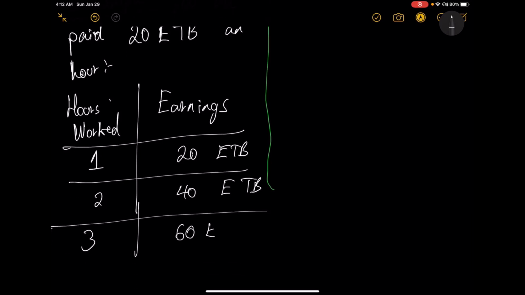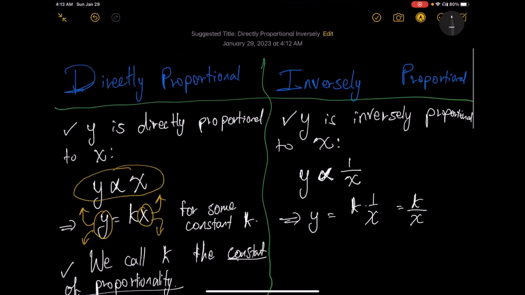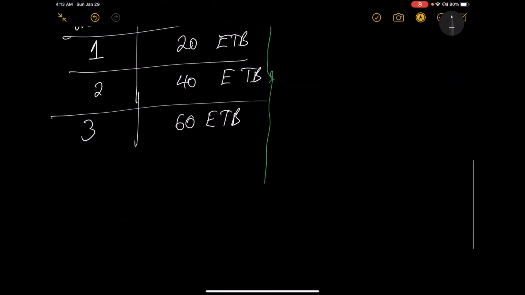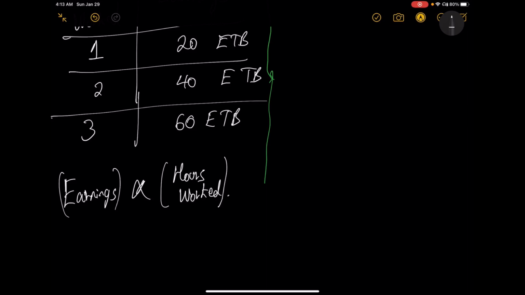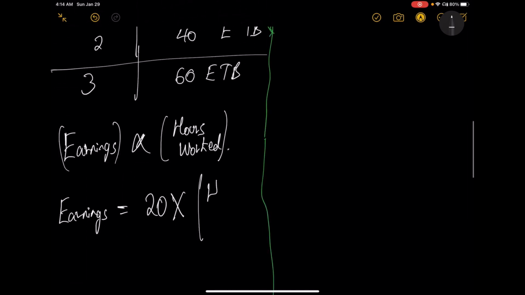60 ብር ታገኛላችሁ። የምትሰሩት ሰዓት እየጨመረ በመጣ ቁጥር የምታገኙት ገንዘብ በዛው ልክ እየጨመረ ይመጣል። ያ ማለት hours worked እና earningአችን directly proportional ነው ማለት ነው። ለዛ ምን ብለን እንጽፋለን? earningአችን is directly proportional to the number of hours worked ማለት ነው። earningአችን 20 ሲባዛ በhours worked ማለት ነው።